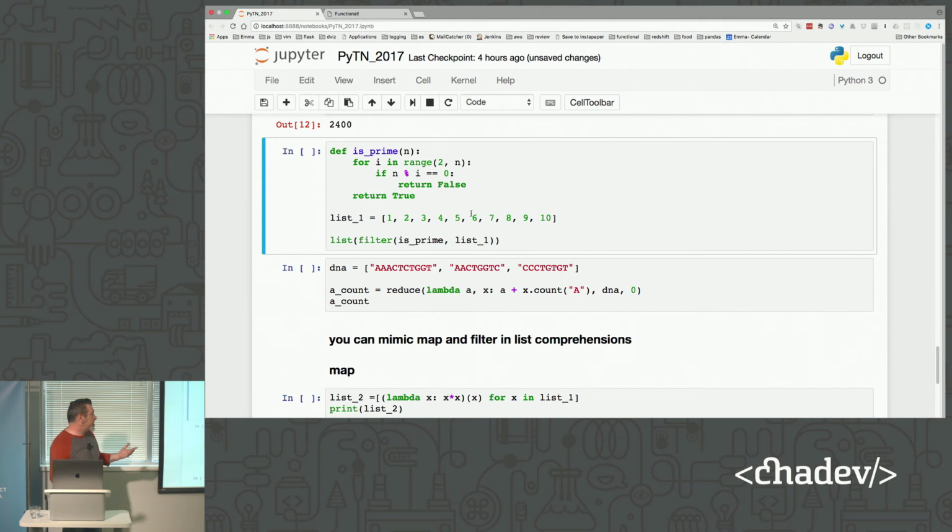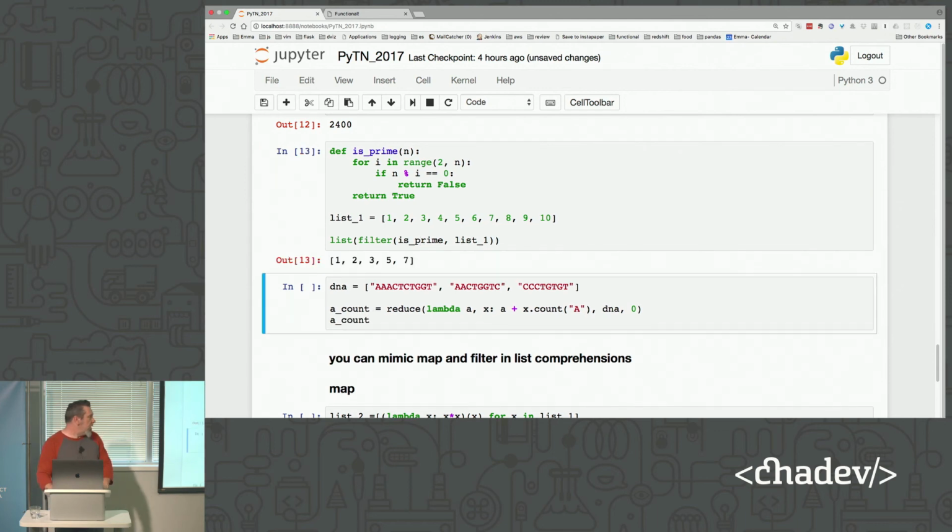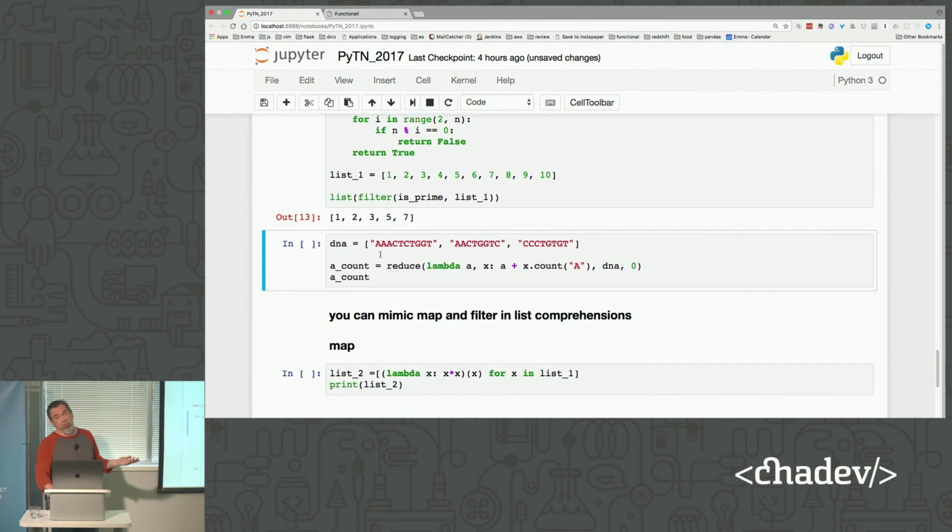And of course, like I said, you don't have to use lambdas. You can actually use functions. In this case, we want to look for whether or not a number is a prime number. We give it a list of 10 numbers, and instead of calling a lambda in the filter, we just call is_prime by name. We don't add the parentheses, because we're not calling it ourselves. It then filters out every number that is not a prime number. That way we can have a much more complex function to do our filtering, mapping or reducing if we need to.